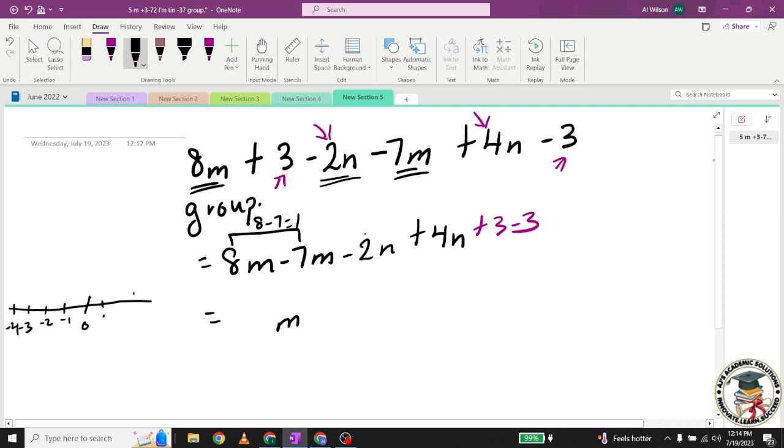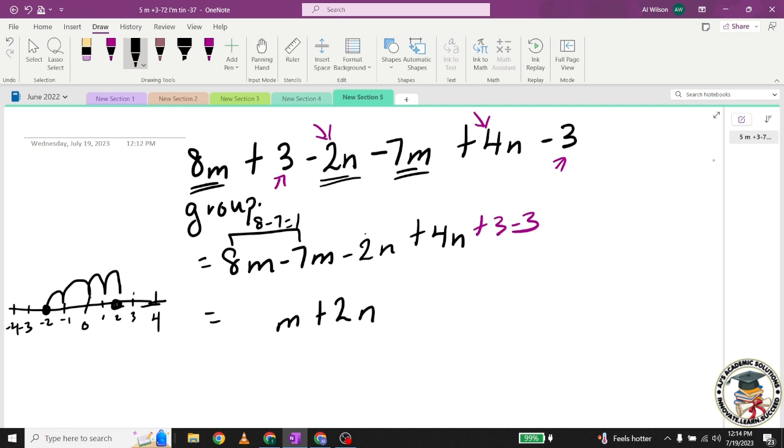And here we have 1, 2, 3, and 4. So we have an even distribution in both positive and negatives. Now we are here at negative 2, and then we're adding 4, which means we're going to move to the right 4 places. So what we're going to do is move to the right, where we have 1, 2, 3, 4. Therefore, this is going to be positive 2, so plus 2,